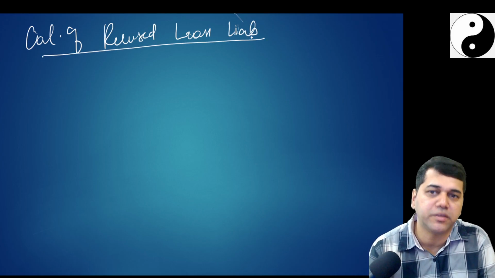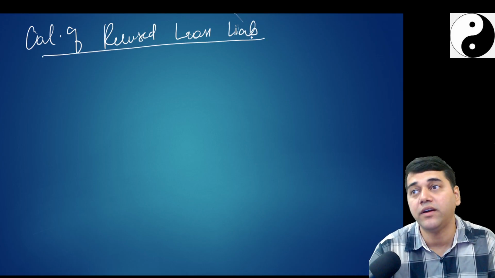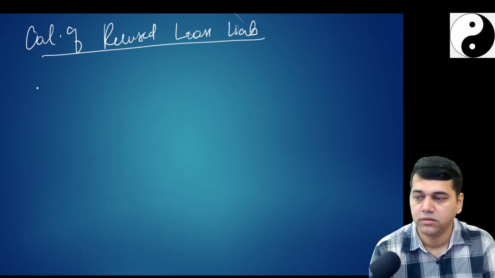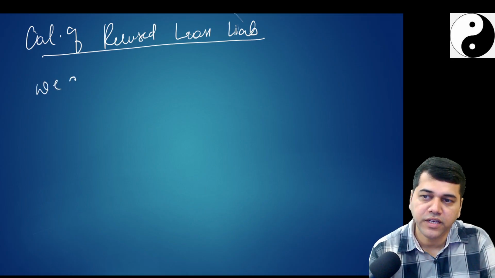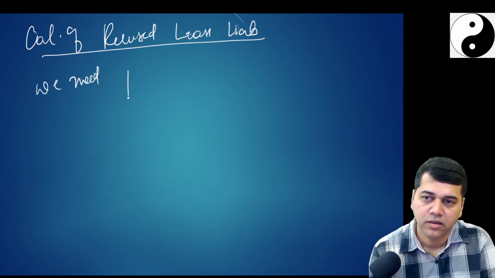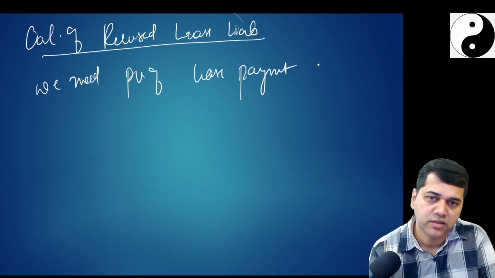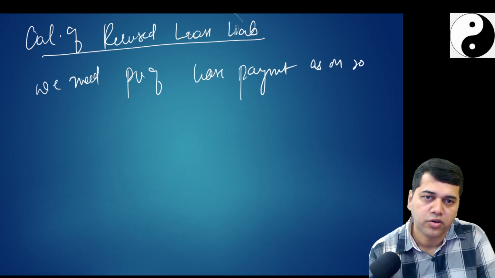Now I need that remeasurement, which is at the beginning of the 4th year. We need present value of lease payment as on 2020